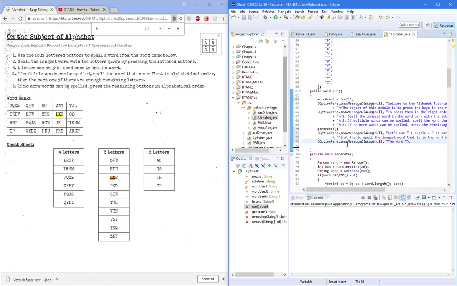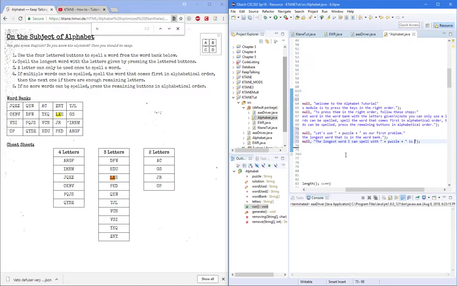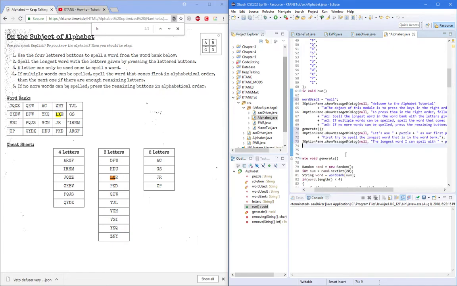The word I can spell with puzzle is plus, let's see, plus our, not solution, word used. So if word used 2